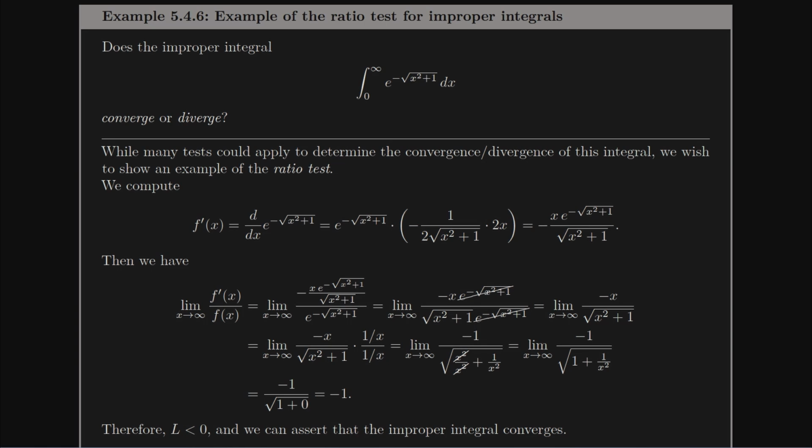How am I going to do it? The easiest way is probably to try to get rid of that x out of the numerator. You could use L'Hopital's. You're getting infinity over infinity, but I'm going to do it without L'Hopital's. I'm going to get that x out of the numerator by multiplying both the numerator and denominator by 1 over x. It's going to cancel in the numerator. I'm going to pull this 1 over x inside the square root.